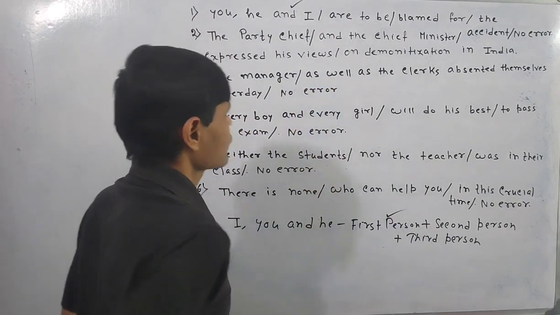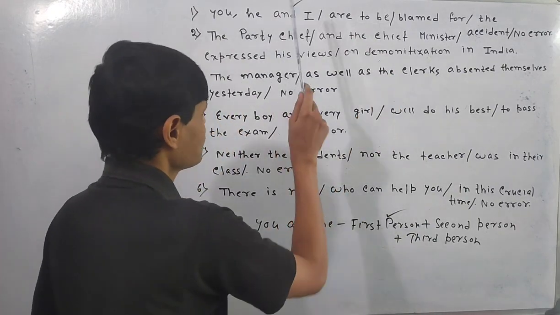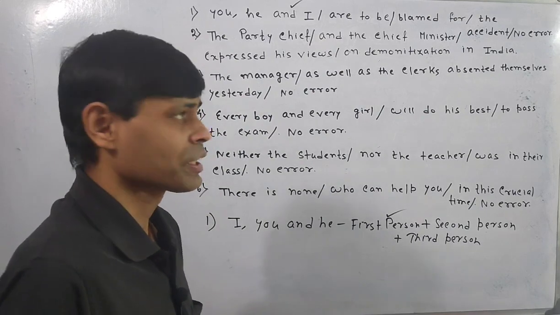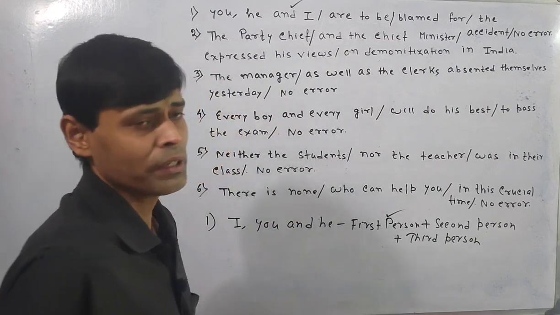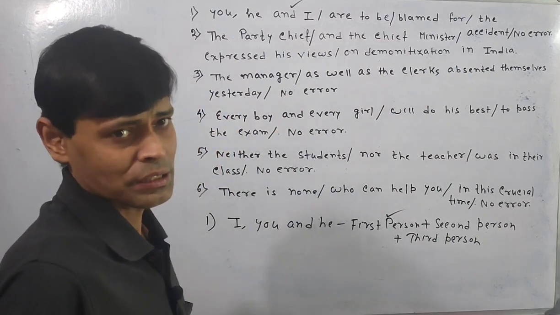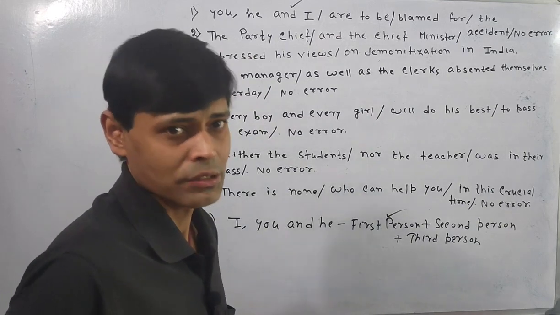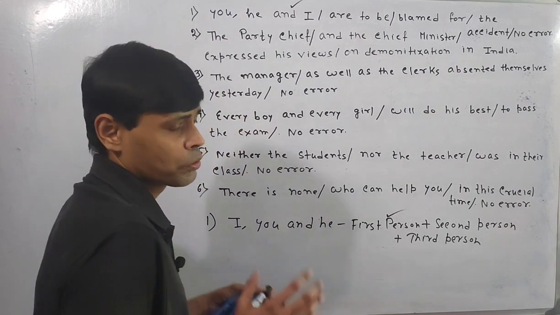Chief minister is the subject and the party chief is also the subject. That means the subject is plural in nature. And in that case, his should not be the answer. Instead of his, there will be the answer. So they, them, their, theirs. So there will be the answer as the subject is plural. So what is the rule now?